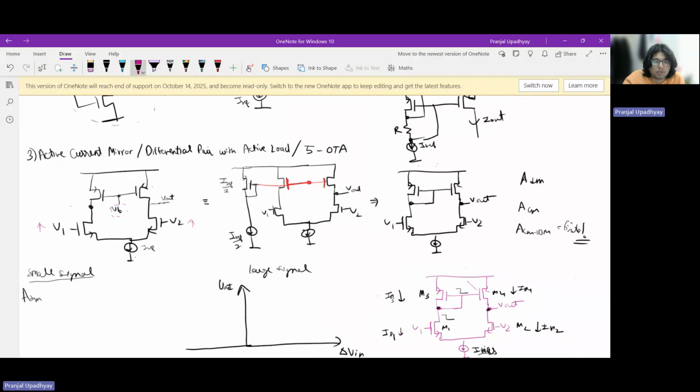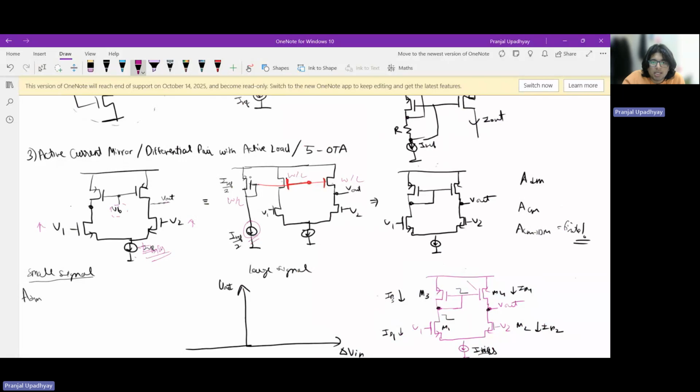For example, if I'm making it function as a current source load, my V bias value should be such that these two transistors are working in saturation regime. Now, one way to bias these two, because ideally we want half the bias current of the tail to flow through each of these branches, is to use a current mirror. Let us say this current is of the value I_REF by 2, and we are mirroring it in these two transistors. But if we observe, since W by L is same here, here, and here,